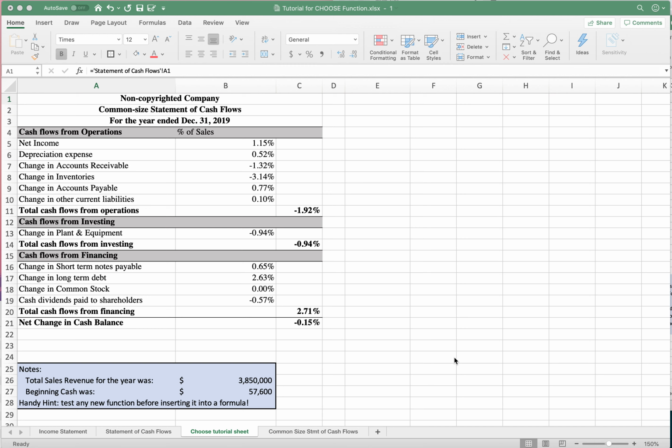One of the things about the book that you've been using in class is that he tends to give you these really complicated formulas, so complicated that you're so busy just copying what he's done that you don't really think about what it is that you're trying to do. So let's step back a bit in a minute and talk about, first of all, this common-sized statement of cash